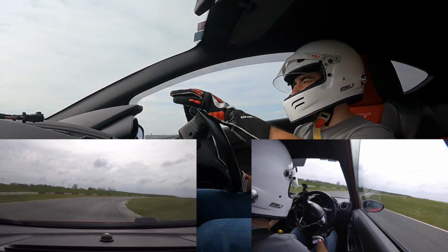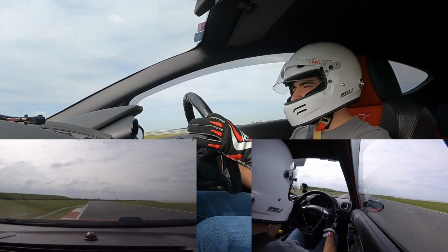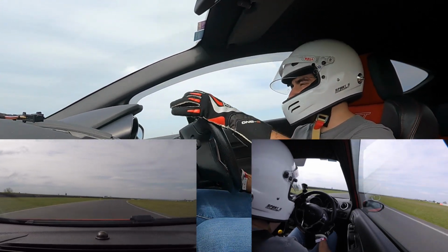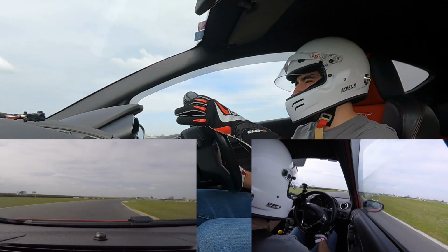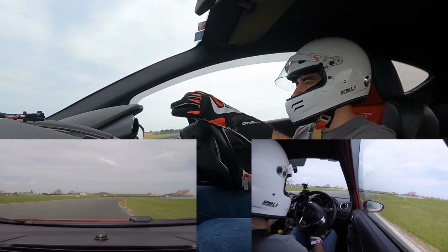But in comparison to other road tyres that I've driven in this car, they're definitely performing miles better. 80 through here. Bloody hell. That's probably slow to most people, but